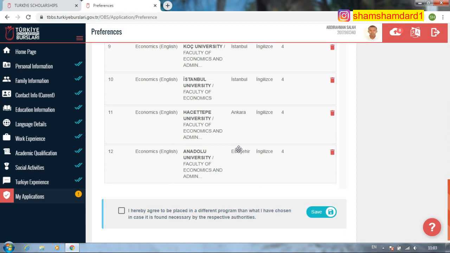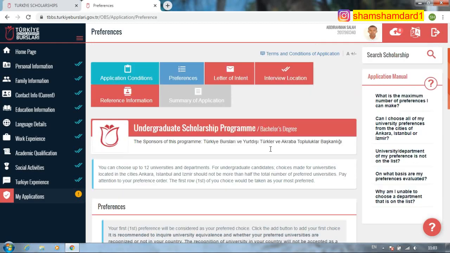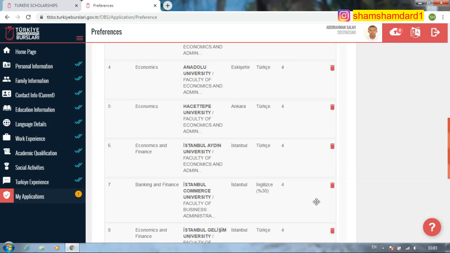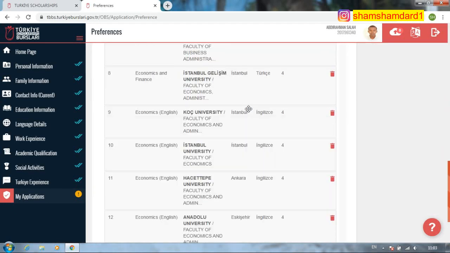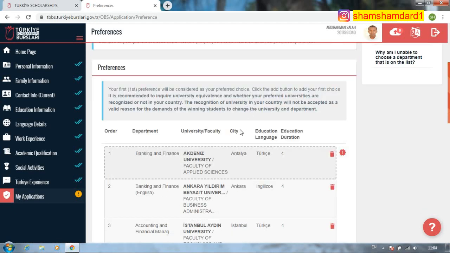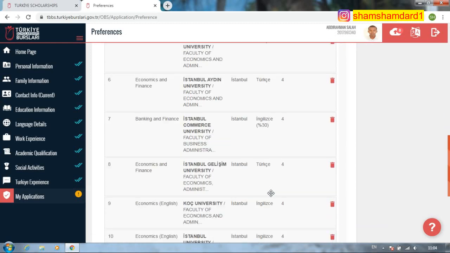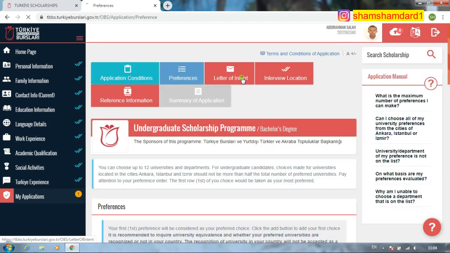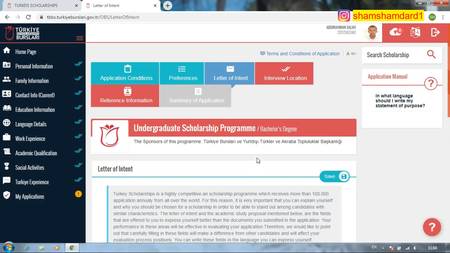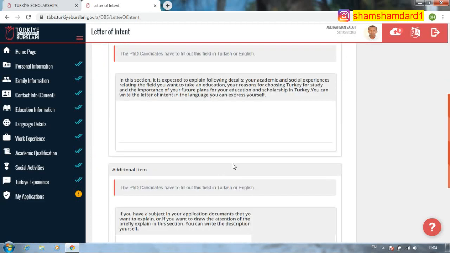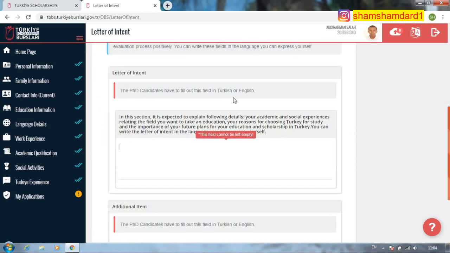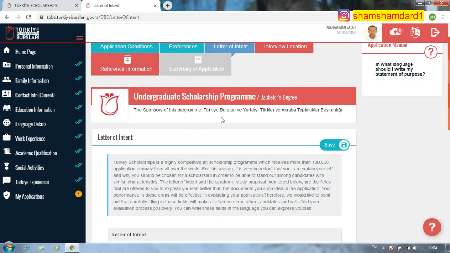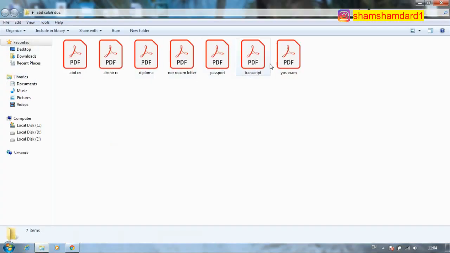When our selection is completed, we have selected 12, and there is one option at the end, as you are seeing. If you select this option, then you will not have a problem. If they don't give you a place in these universities, you can use your right, and they will assign you to another university. After that you have to write your letter of intent. Anything you want, you have to write it there. So the letter of intent is very, very important. Letter of intent is your intention for the